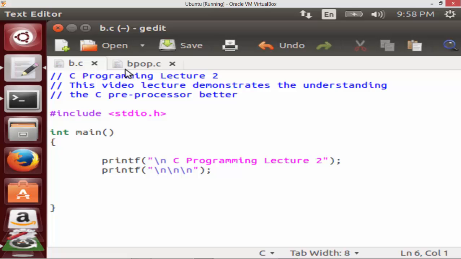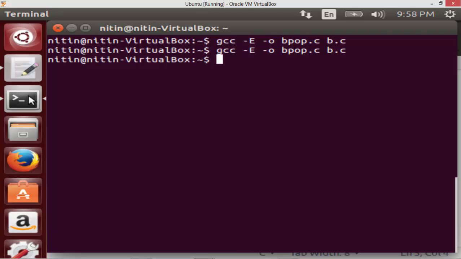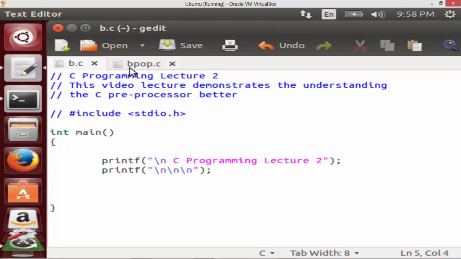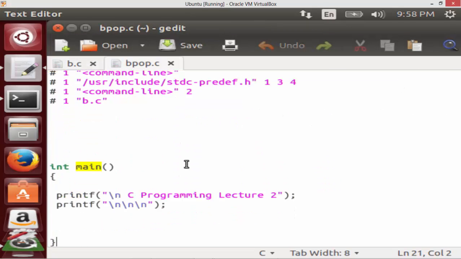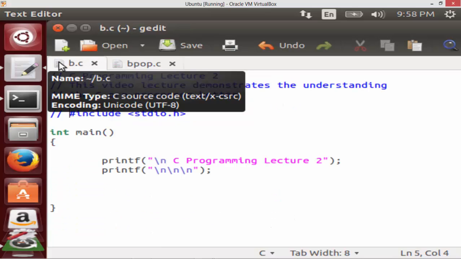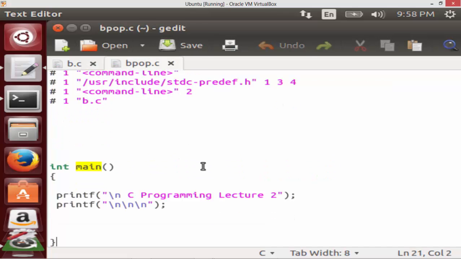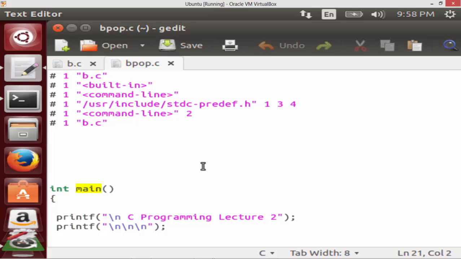So now what we will do is we will remove main itself from the program. I will comment it. It is as good as not there in my program. Let me again rerun my bpop. Open the bpop. Refresh the bpop. So when I do that, now I have a preprocessed file which does not have my